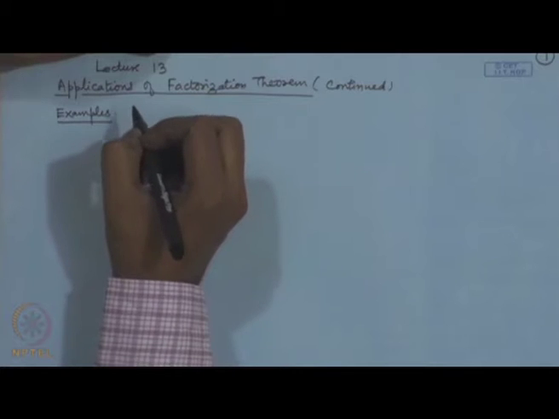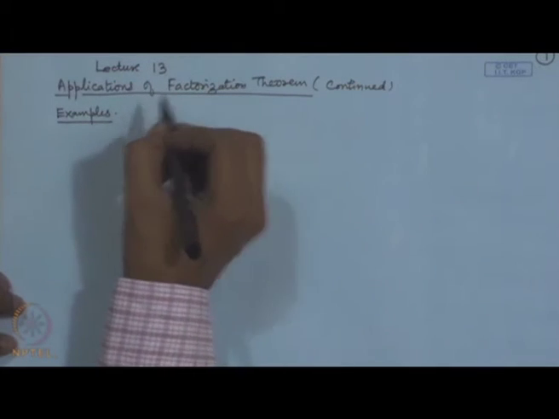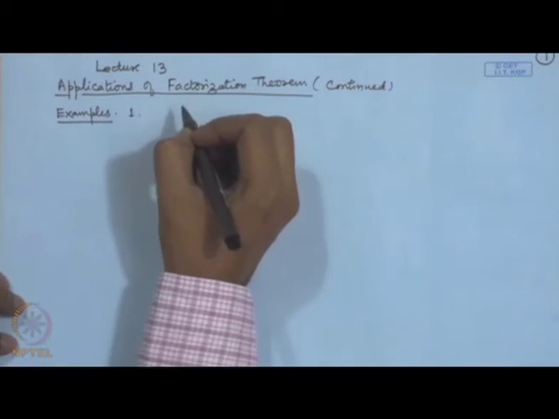We have given one theorem which is called the factorization theorem, and this is useful for deriving sufficient statistics in various probability models. Yesterday I discussed the normal probability model, and I showed you how, if we change the parameter space, that means whether mu is known, or sigma square is known, or both are unknown, in each of the cases the sufficient statistic changes. So, sufficiency is the property of the probability model under consideration. Let me explain it through a few more examples, and we will use the factorization theorem here. Let me start with the exponential distribution.